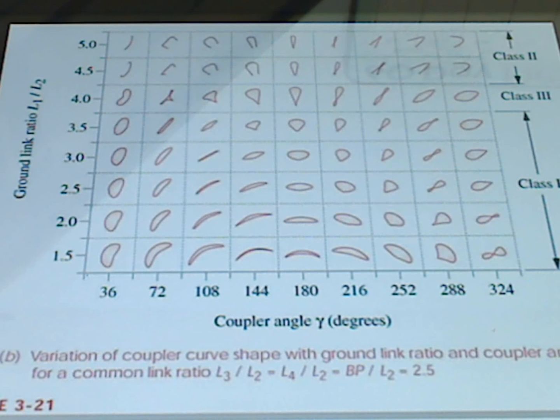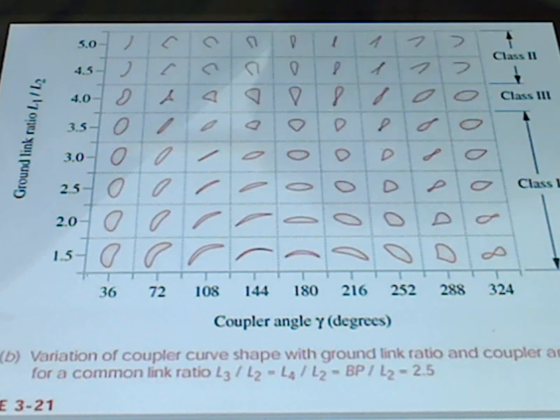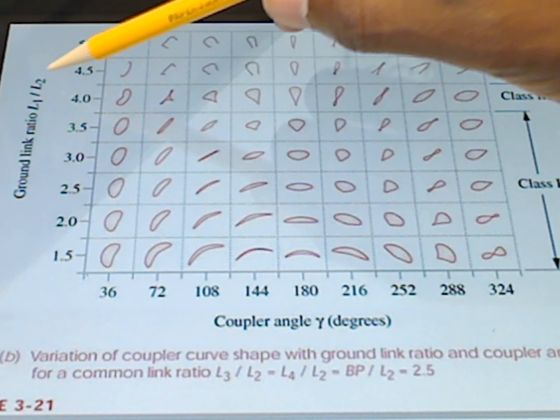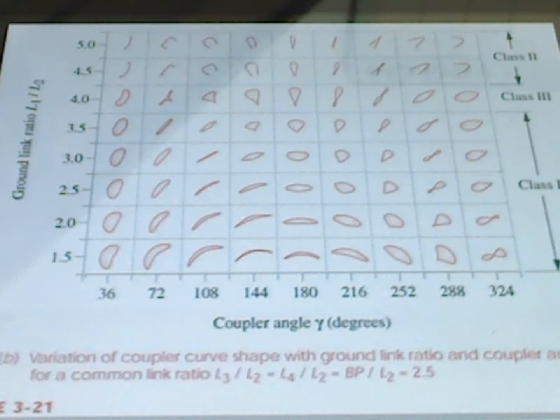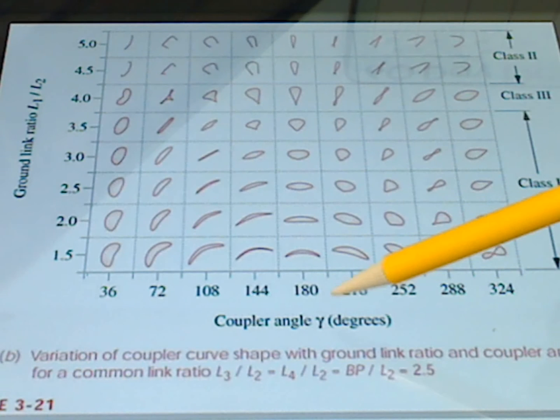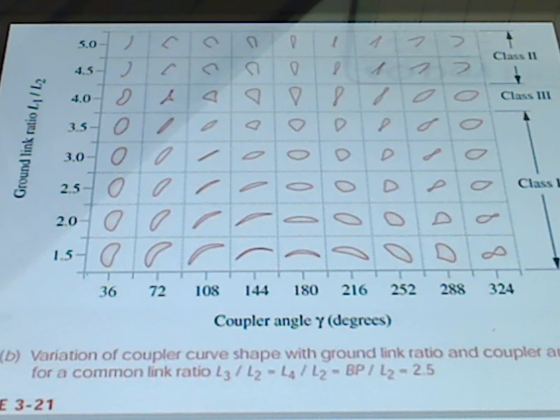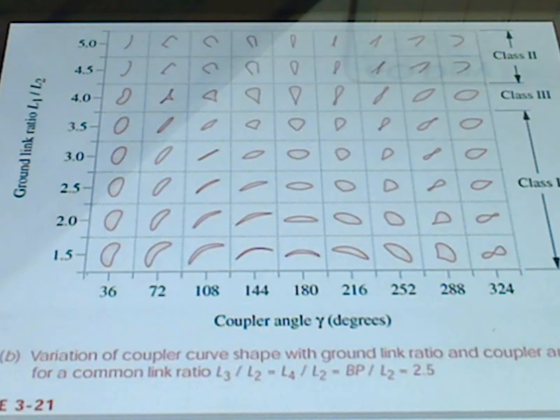There's also some other things on these tables that are of note. On the y-axis, there is an L1 over L2 value. On the x-axis, there's an angle gamma. And what these help us to do is create a linkage to draw out one of these shapes, because